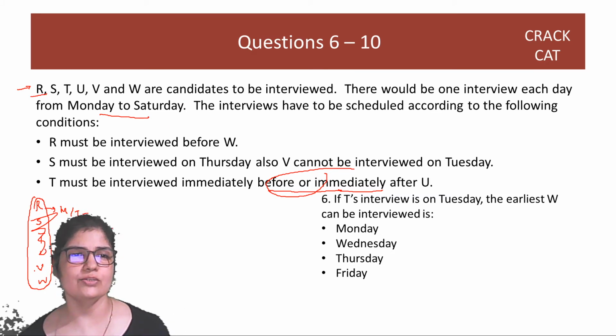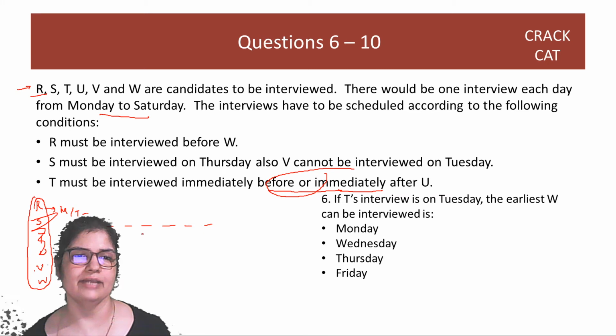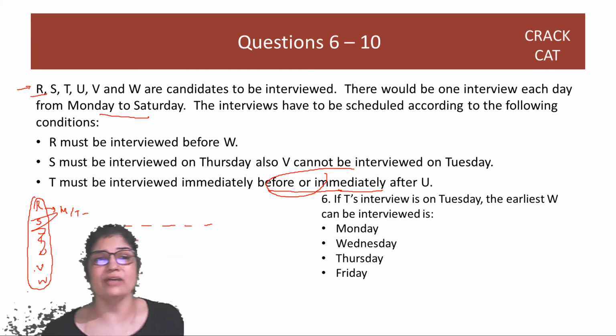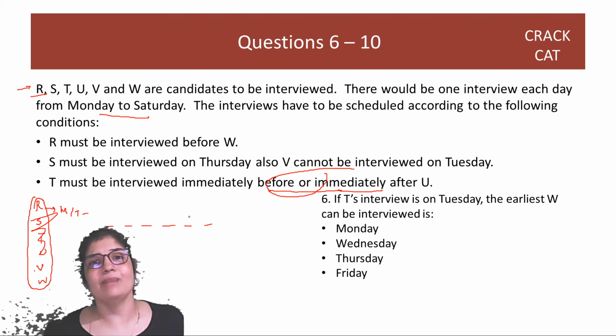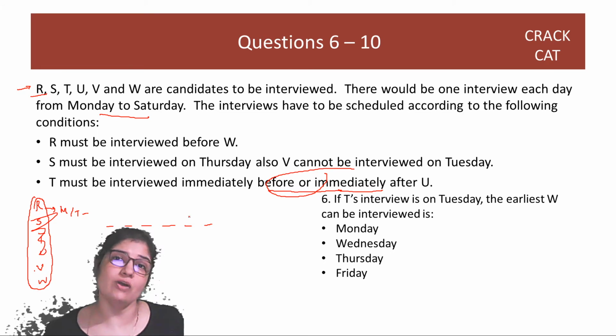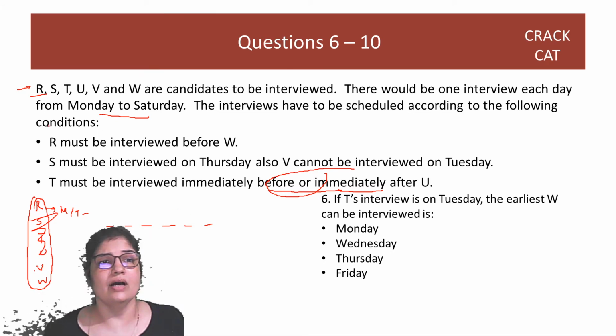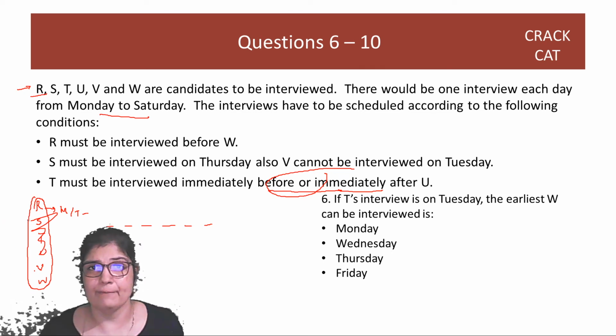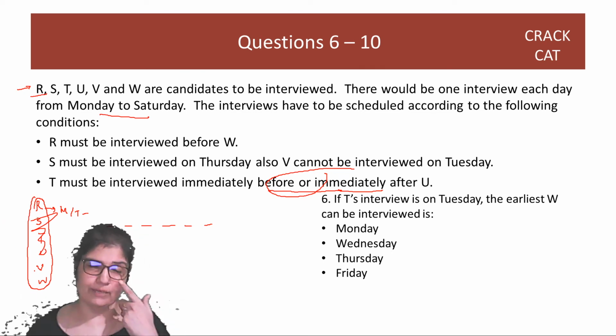So we just denote Monday with 1. This is Tuesday, Wednesday, Thursday, Friday and Saturday. So we are not going to write all the time, right? Monday, Tuesday, Wednesday. We are just going to put in 6 blanks. So you see how easy it is to work with an implicit order. I don't have to write. I just have 6 blanks that I need to fill up because we understand what the order is. If there was R, S, T, U, V and W, I'd have to remember the order. If there were names and they were not in alphabetical order, I'd have to remember that order. I'd have to do 2 times writing. Implicit order saves that, okay?